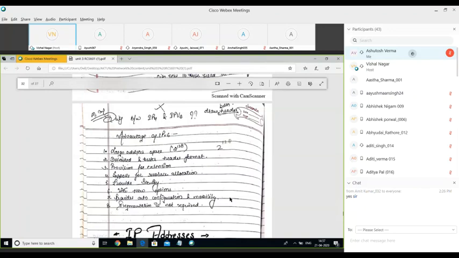Okay, so these are the advantages of IPv6 over IPv4: large address space, a detailed and better header format, and provision for extension. We may have extensions to the fields like flow label, support for resource allocation. We can fix or reserve the resources, and it provides security. It has a high value of security. New options are added through the IPv6 protocol, and it also provides auto configuration and mobility. Fragmentation is not required in IPv6.